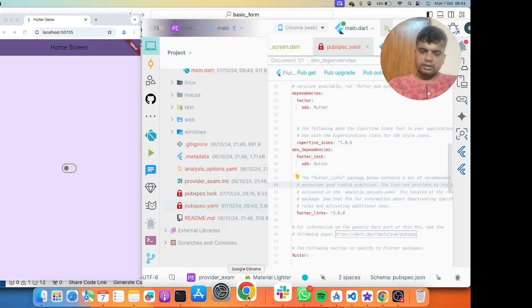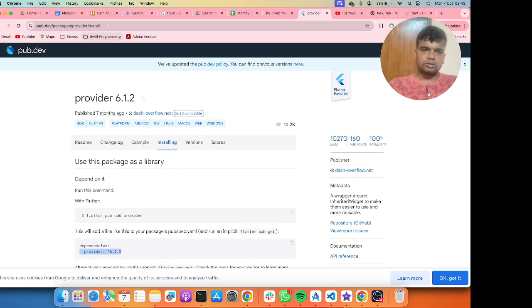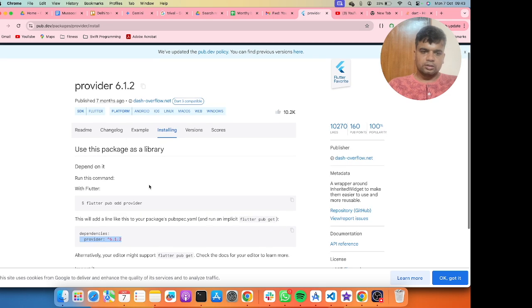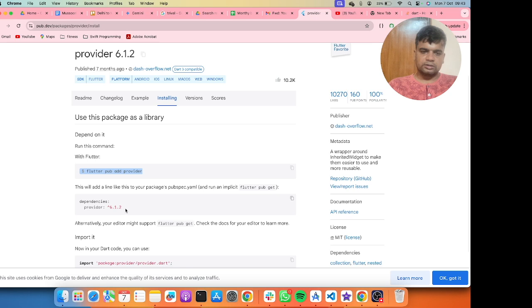Okay, so to add the provider, you have to just go to this site. Either you have to run this command or you have to just paste the dependency in your pubspec.yaml.